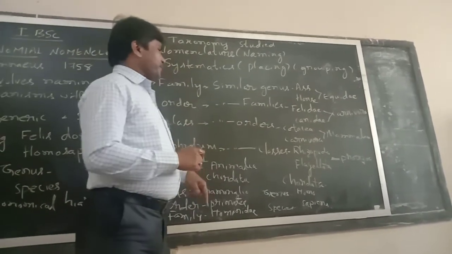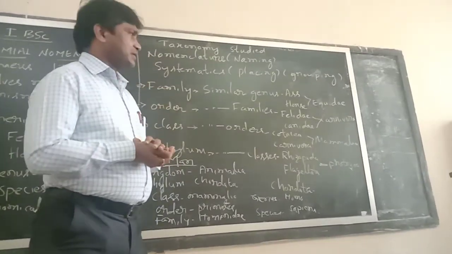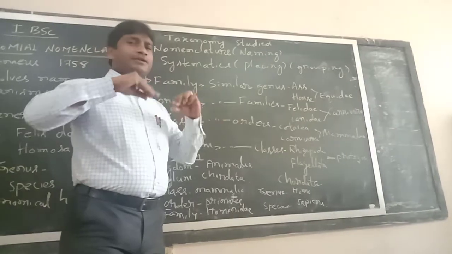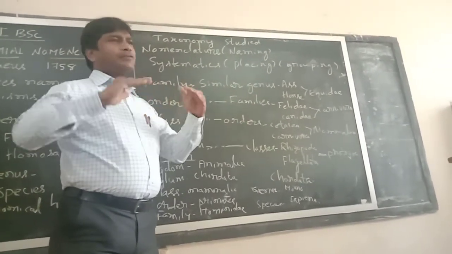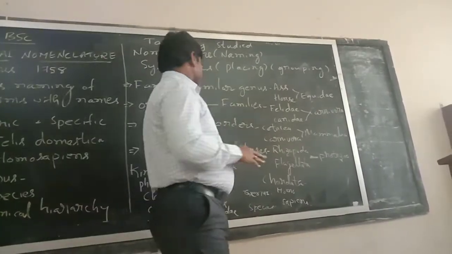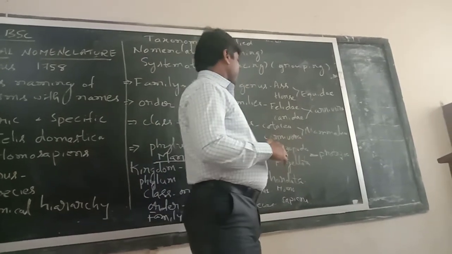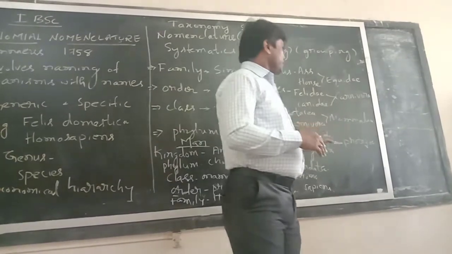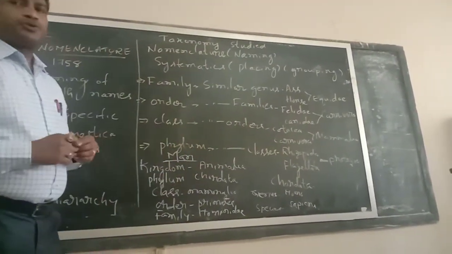So next, phylum. Phylum is the group of two or more closely related classes. There are a number of classes. They are different in character, different in various aspects, but they have some characters in common, some similarities. Hence they come under the phylum. Some classes include Protozoa, particularly Rhizopoda and Plasmodium, so they are protozoans. They are included in the phylum Protozoa.